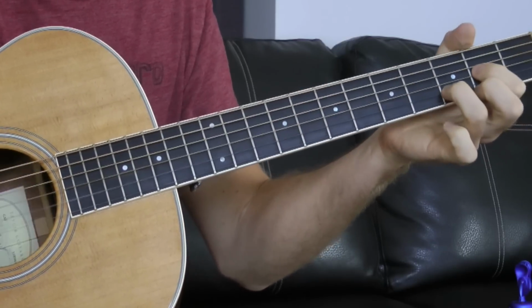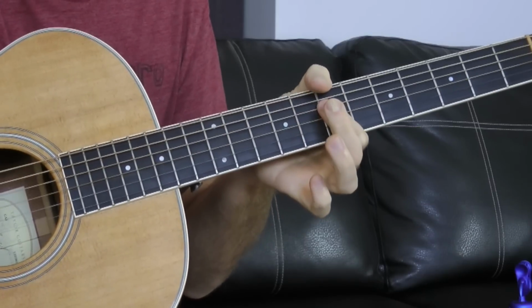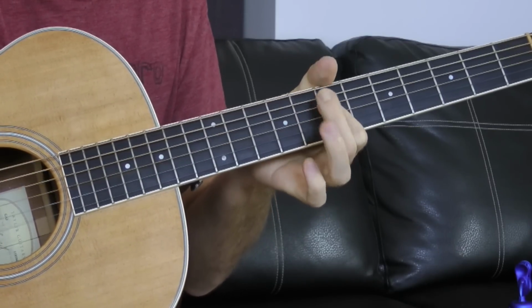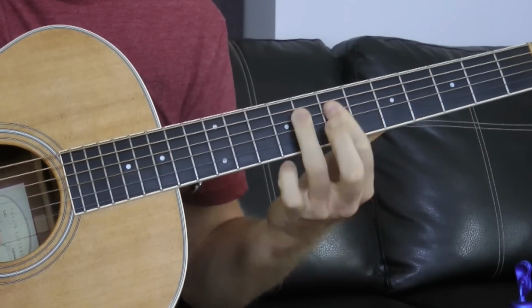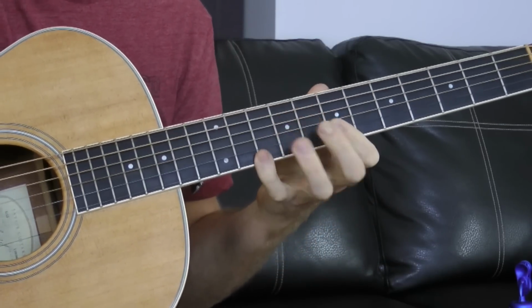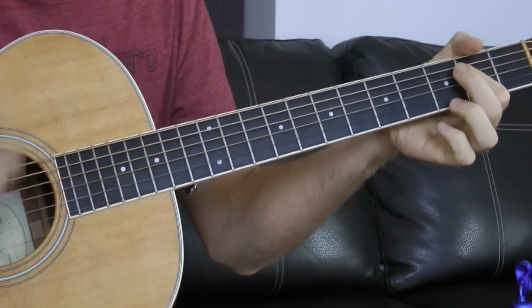So we can go from a D to an E minor to an F sharp minor there, and we're leading into, you can think of this as just a bar chord voicing here, or just getting into the top of that pentatonic shape. It doesn't matter how you think of it, it's just good to know a couple different ways to get through it, right? So we've got a D major chord to A to G